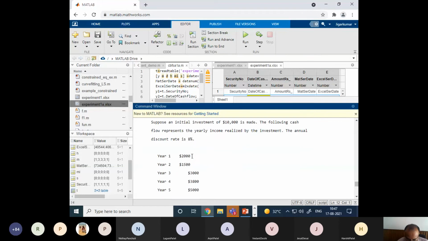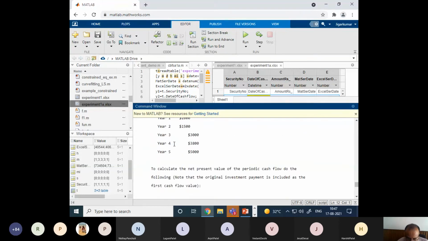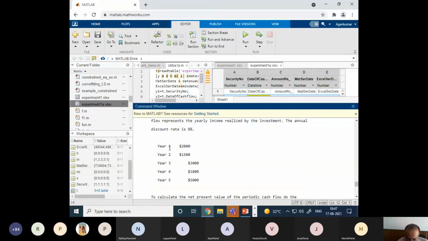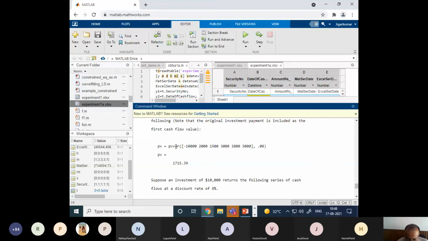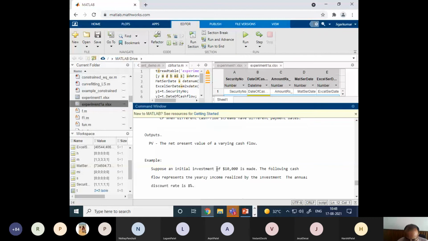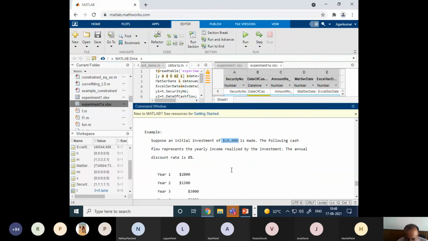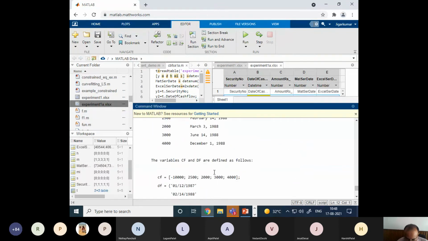Let me see one example. See, it has taken this example. Say years 1, 2, 3, 4, 5 are there, and these are the different cash flows that happen after year 1, after year 2, after year 3, year 4 and 5. And the annual rate is 8%. It is specified, the rate is fixed right now. So if you have this specified, you can write like this. See, it is PVVR. Why is the first number negative? Because I am paying. It is given that the initial payment is made at the initial time. So $10,000 is paid initially, the initial investment. So that is minus 10,000.